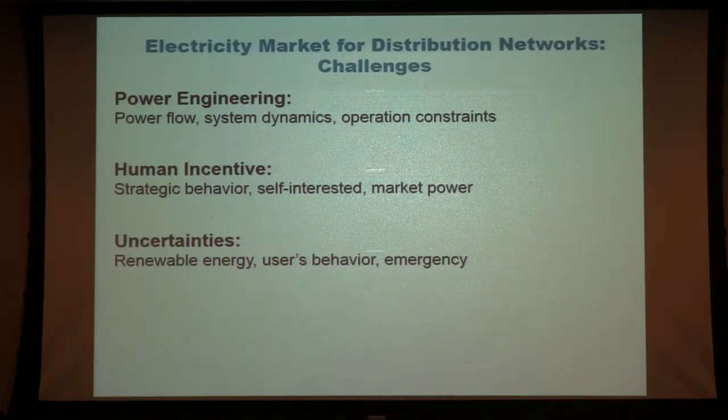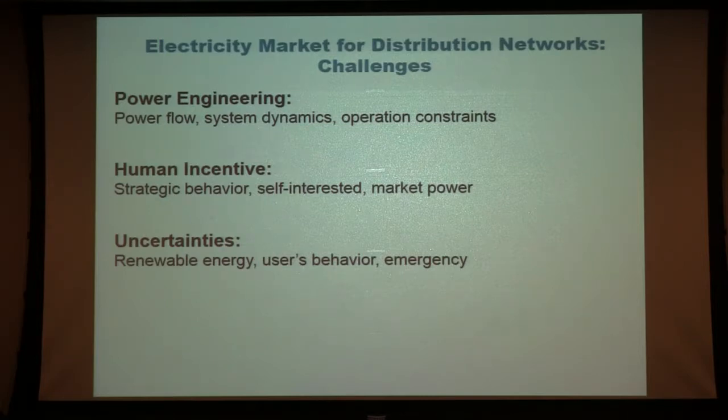In this talk, I will roughly cover three challenges: why it's hard to make a policy that people like and that is also sustainable for the grid in the long run. First, because we're dealing with the power grid, a power system, we have engineering difficulty to address. Second, every time one makes a market rule, I think about human behavior: how it aligns with human incentives, and whether people are going to do what I predicted. And the last one is that a lot of difficulty comes from uncertainty.